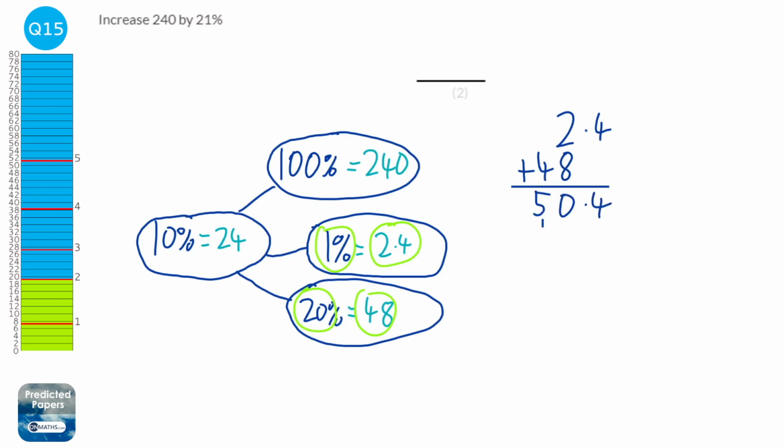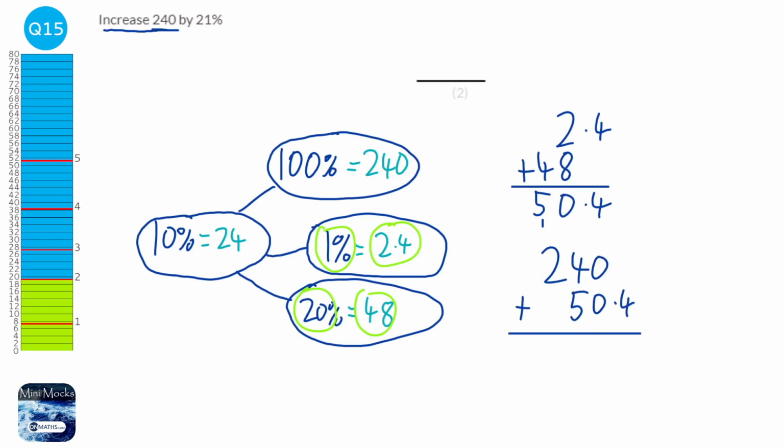So 50.4, but it says to increase 240 by that amount. So we need to get 240, we need to add the 50.4. Probably, again, don't need to show the working out for this. We can do this in our heads, but it's a bit easier to see what we're doing. So the answer would be